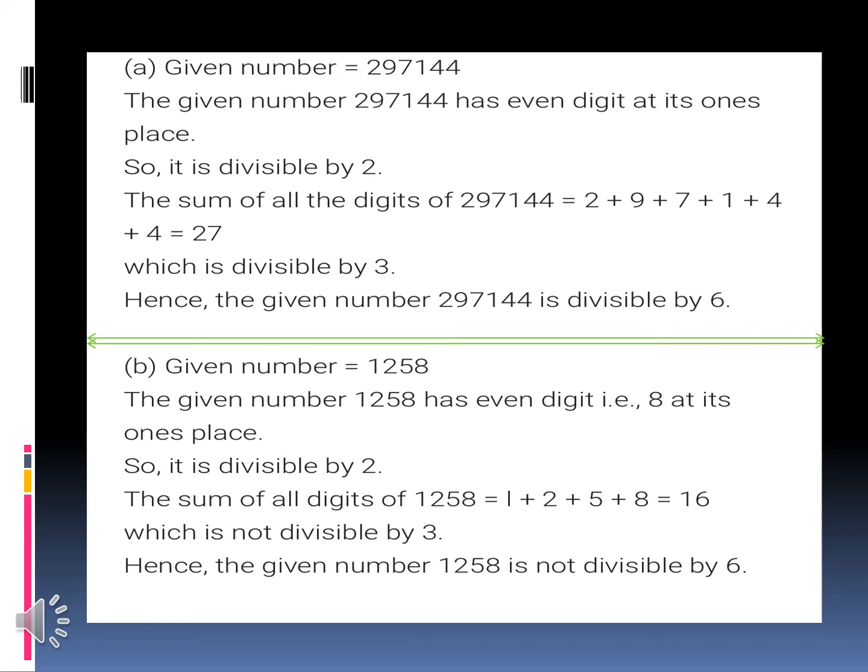So here we get both the true answers. The number is divisible by 2 also, and it is divisible by 3 also. So it is divisible by 6. So this is how we can check the divisibility by 6. Hope you understood the test, the process that we have to follow. Try it yourself, remember the rules and solve all the parts. Below are the solutions. You can get help from here. And let's continue with the next question now.